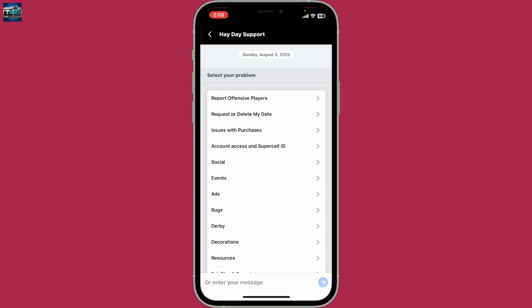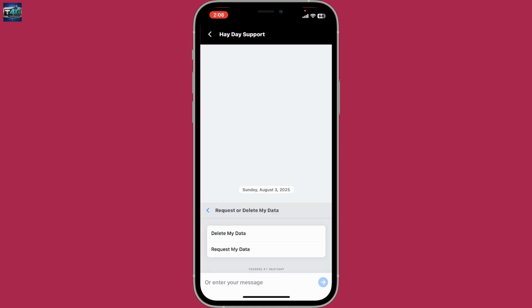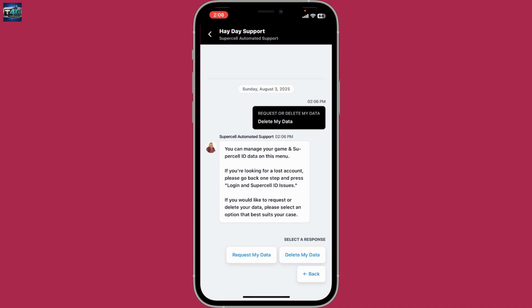In this case, we are trying to delete the data, so let's go ahead and tap on Request or Delete My Data option. Now click on Delete My Data and then you'll receive support immediately from Supercell Automated Support. You can then go ahead and click on Delete My Data once again, but if you'd like to request your data before deletion, tap on Request My Data, and once you have your data with you, you can tap on